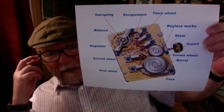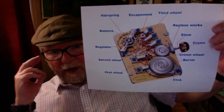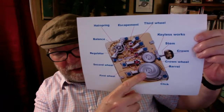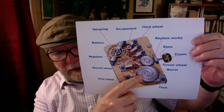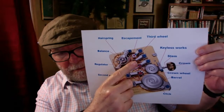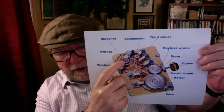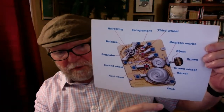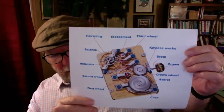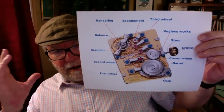But I was looking at that, I thought, well, let's talk about the real basics of a mechanical watch movement. You start down here with the barrel, which provides your basic power, and then it goes up the gear train to the escapement, and then the pallet fork kicks this around, and then the hairspring does the timing, the frequency timing on it. So I thought this would be a good point of departure, that we have the most basic kind of movement. Now, what I'm hoping is that once we finally decide on the movement we're going to use,